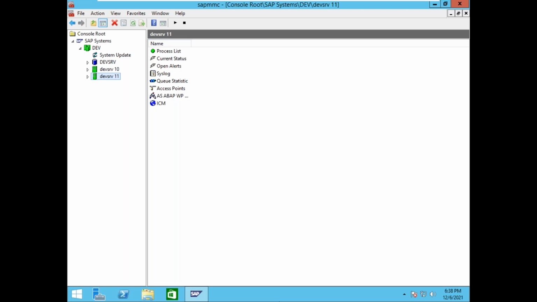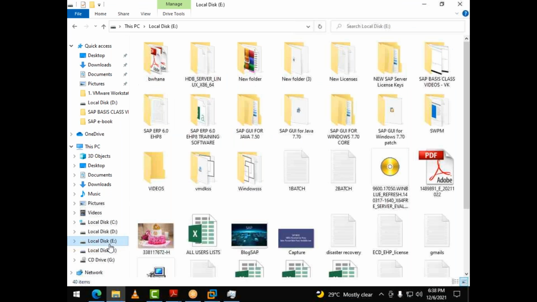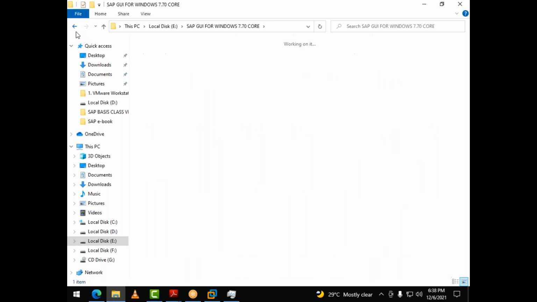Now I want to log into the system. I want SAP GUI here. Yeah, this is the software.